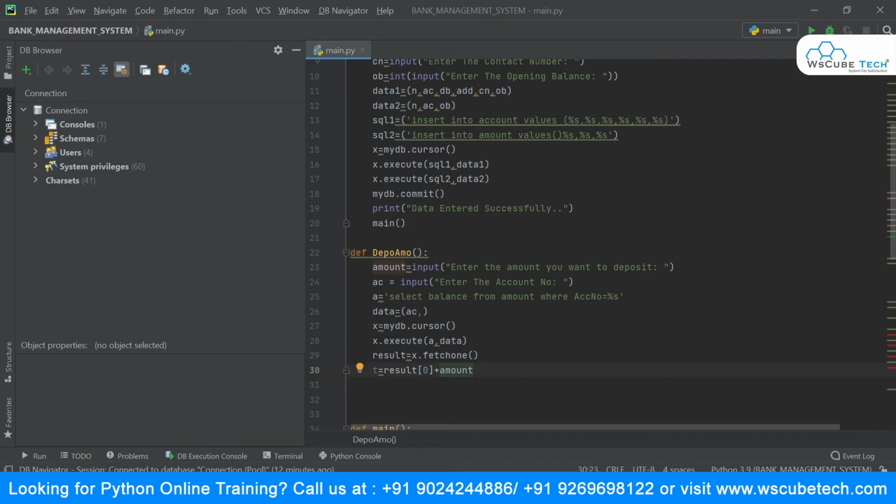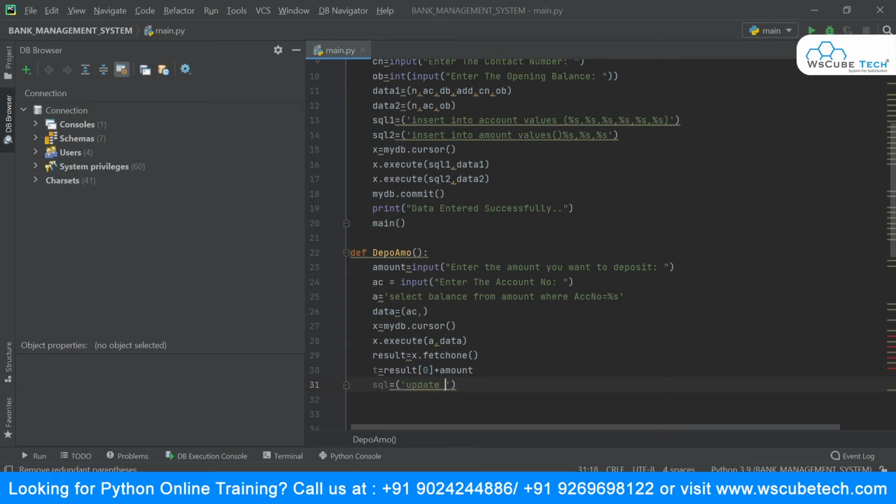All right, so when I'm done with this, the next step is that I want to update my table, because I want to show that thing in my table, right? So I have to update my record inside my amount table. So I'll say SQL is equal to, and I will make use of the update statement.